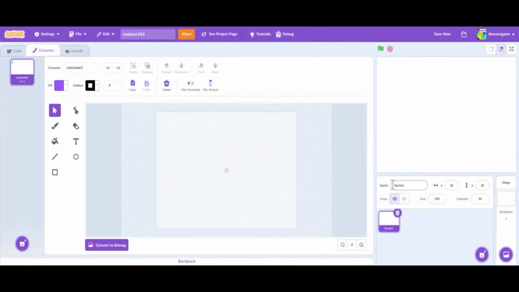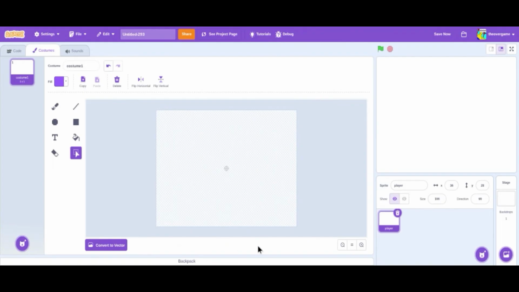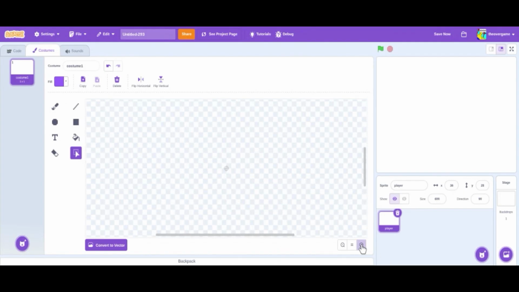So we'll create a new sprite. We'll name him player, and then we'll draw him. There are a couple ways we can do this, but I want my game to be pixel art. So I'm going to teach you all how to make pixel art in Scratch. The first step is to click Convert to Bitmap over here, and then set the size to 600. Now we're going to zoom in